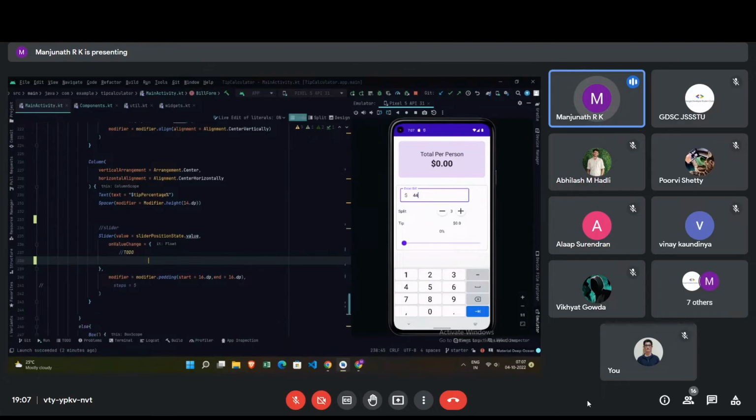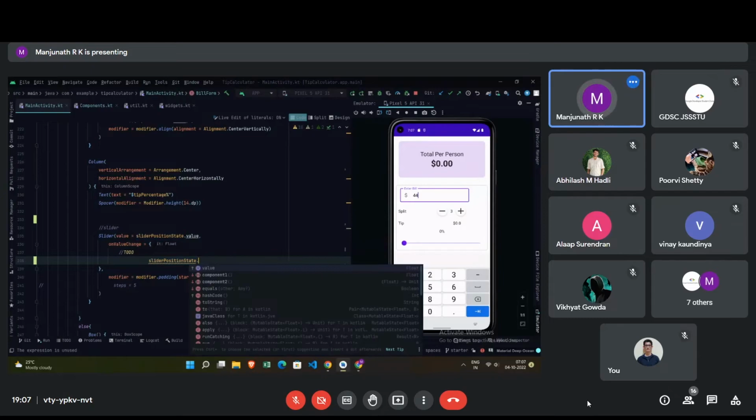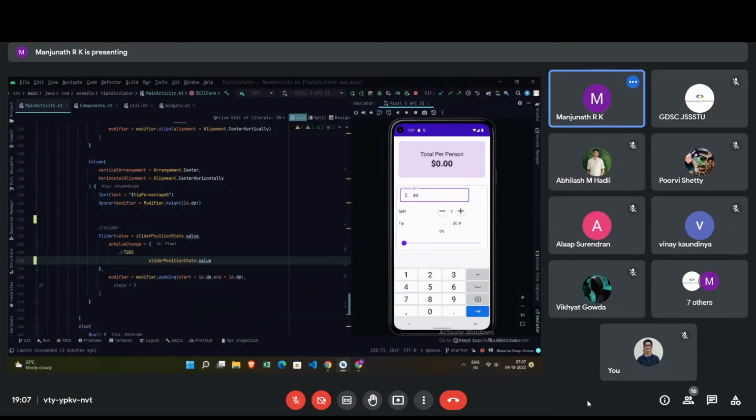So as soon as the value changes, I will just access the slider position dot value, and I assign it with new value. Okay, by default we have this it parameter, right? So this new value will be available as soon as the user drags this slider. The new value will be available within this it parameter. So instead of this, I will use something like new val. So now this new value will be available within this new val variable. So I will update the old value with the new value. After that,